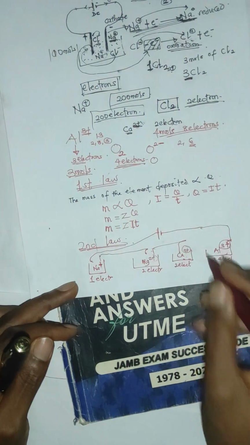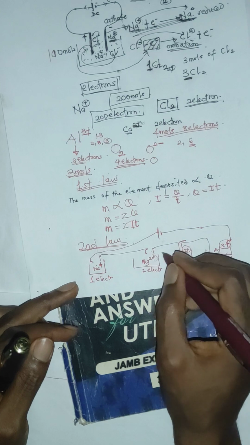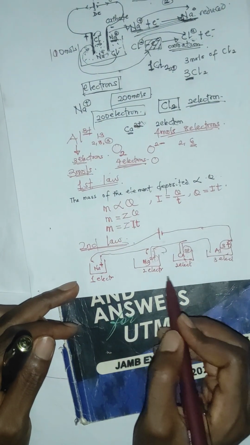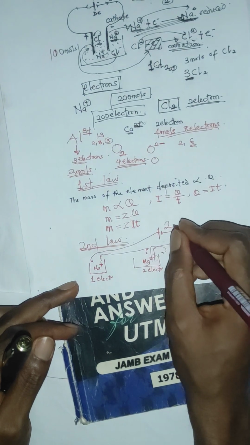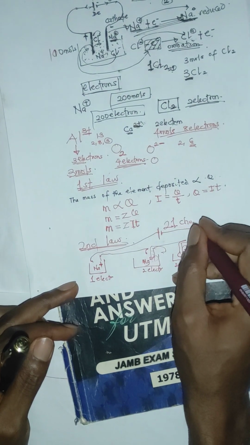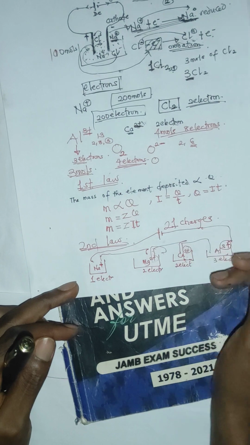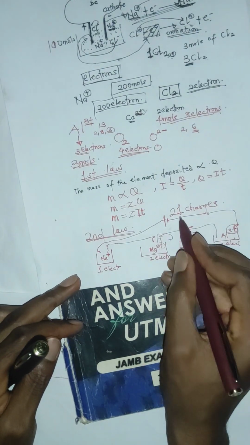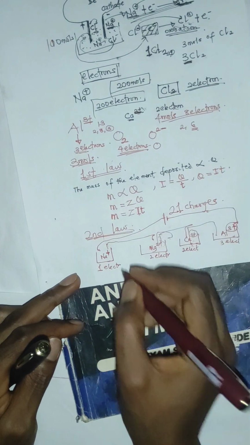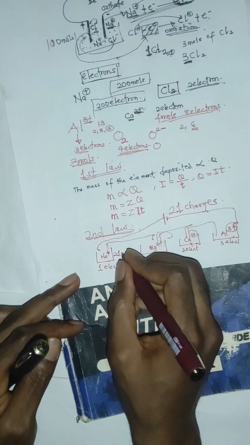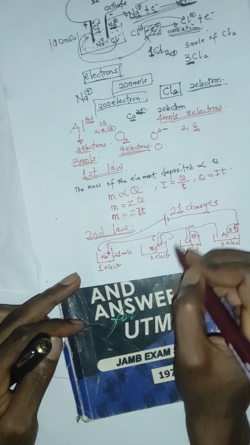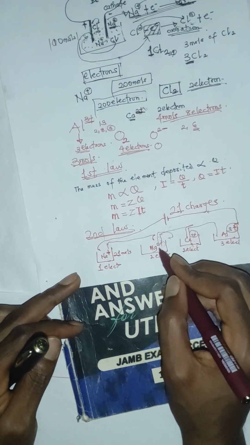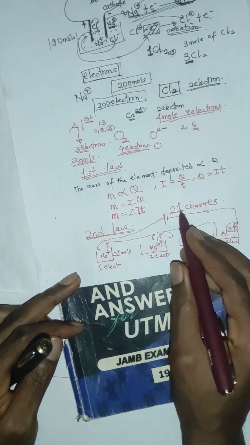So if they are arranged in series, all these 4 solutions, I am passing, let's say, 21 charges through them. If I am passing 21 charges across all these 4 solutions, the 21 charges here will give me 21 moles here. But will this 21 give me 21 moles here? No, because 1 mole here will need 2 electrons. So here